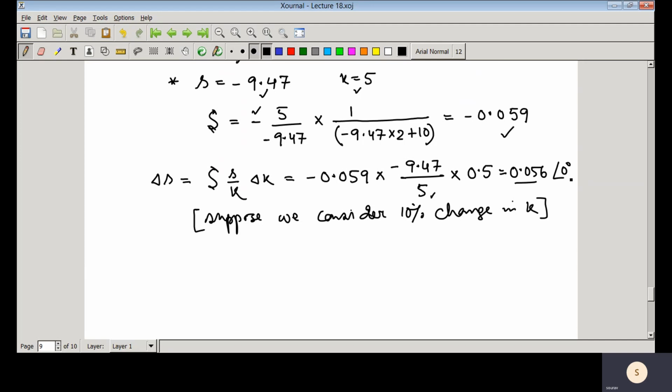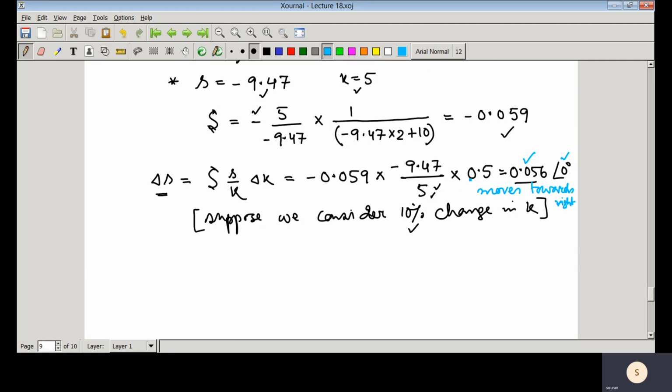And here this is a scalar quantity, so basically 0 degree. So that means whenever your K is 5, and you consider a 10% variation in 5, the closed loop pole will be shifted along the x-axis, so it moves towards the right, 0 degree. Because this is scalar, we can consider this scalar into that 0 degree angle.